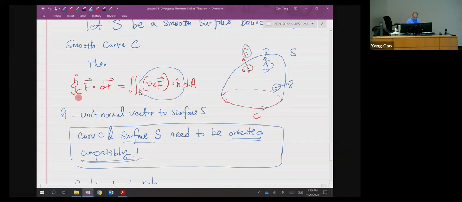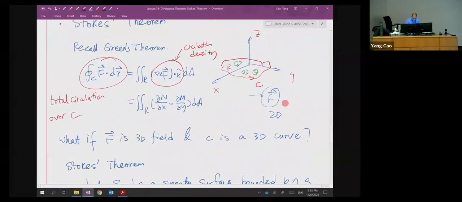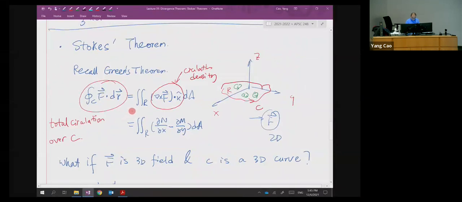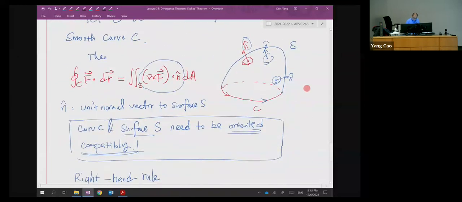We get this total circulation over the boundary for this surface S. Right? And if you connect to the Green theorem, that's basically what Green theorem is doing in 2D, and this is what it's doing in 3D. So you calculate the total circulation over curve C, and what the Stokes theorem says is, never mind,